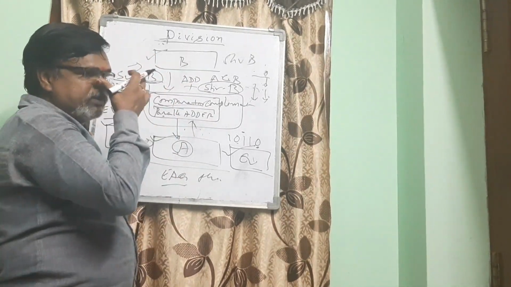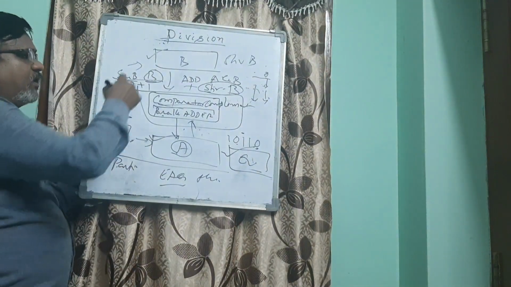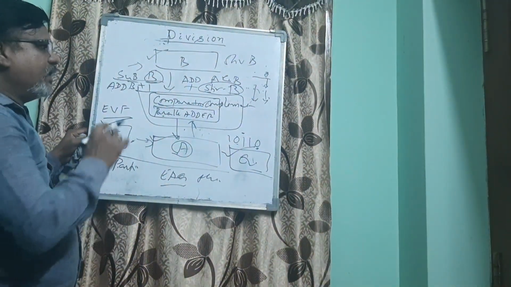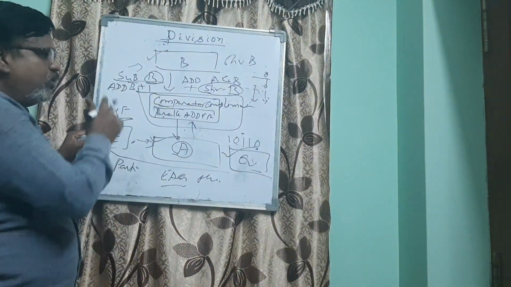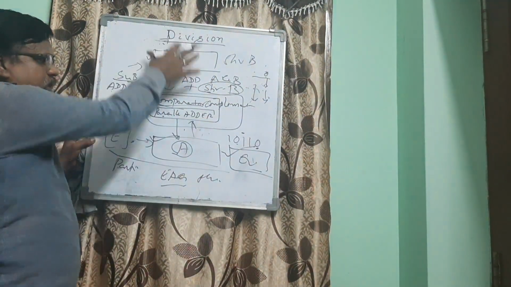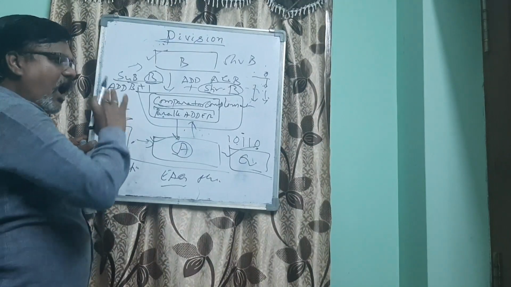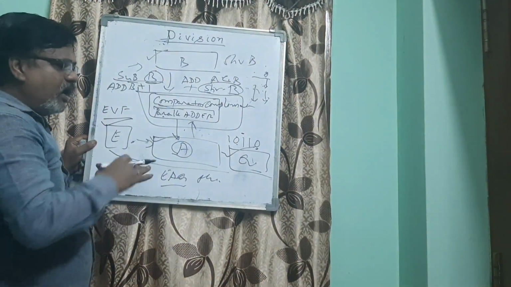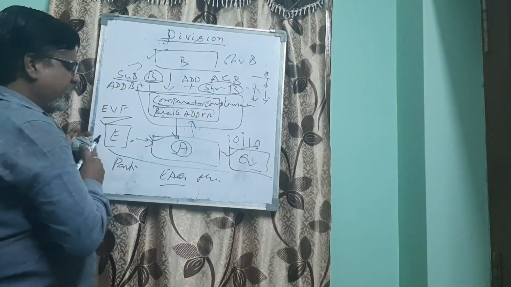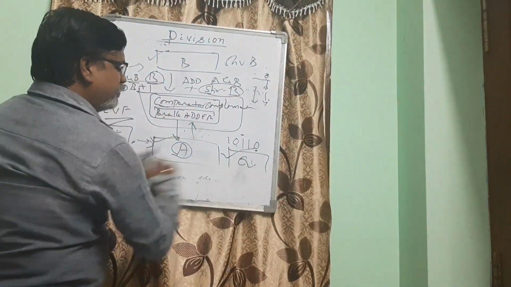So for this division operation we will consider a flow chart. And after discussing the flow chart, we will take one example. Of course, as I told you again, the flow chart only will be sufficient for this board. After that flow chart explanation, we will take one example and conclude with the explanation of the example.